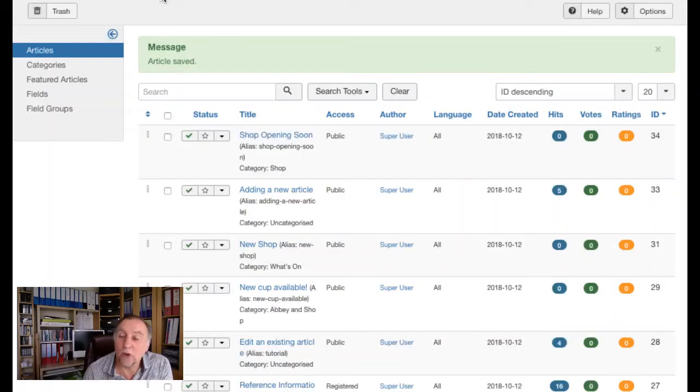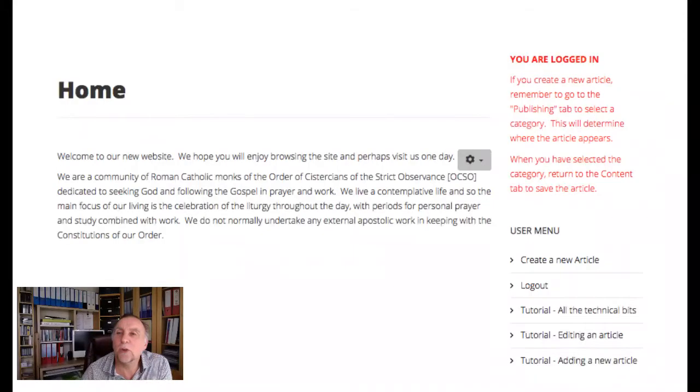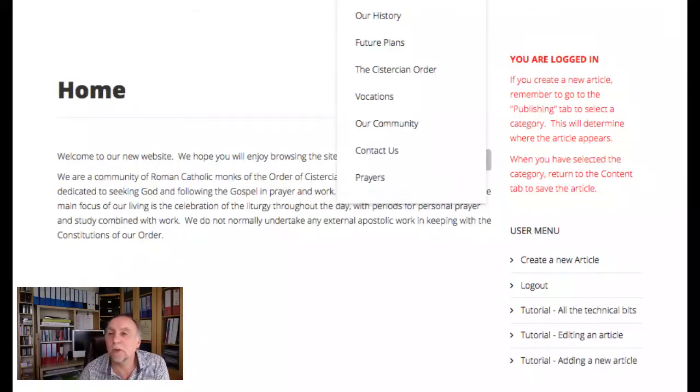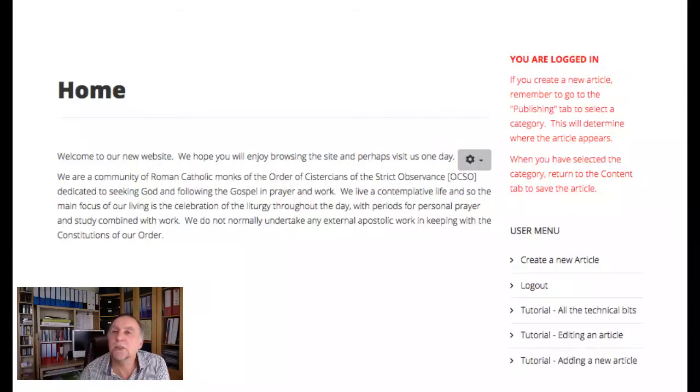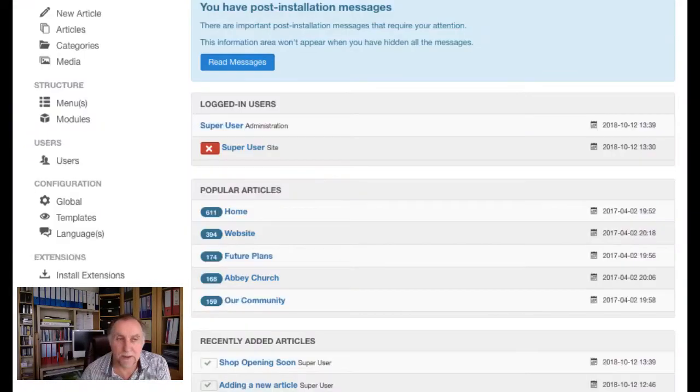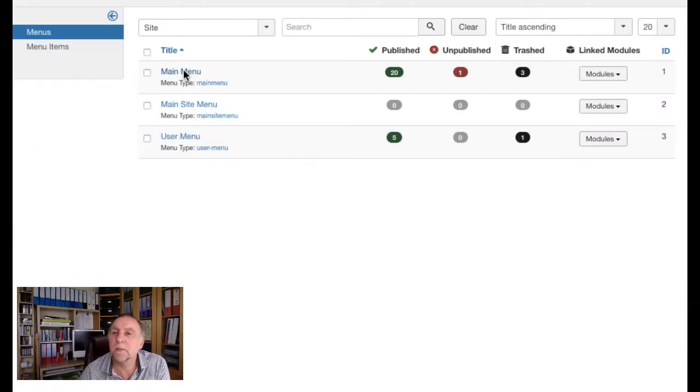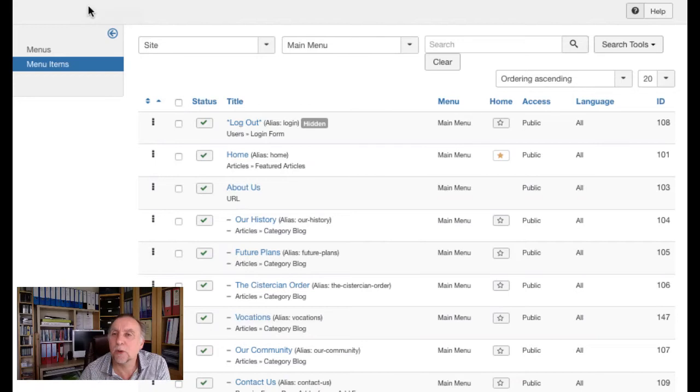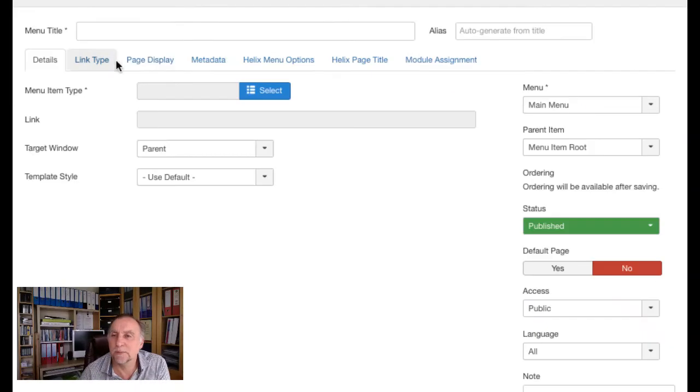So we've now got that category, but we've not actually added a new menu. When you come here, you look at About Us, there's no menu item. So we have to come back to the configuration, to the database, and go to the menu structure. So I'm going to the menu, the main menu, and we're going to add a new menu item. So this new menu item is Shop,